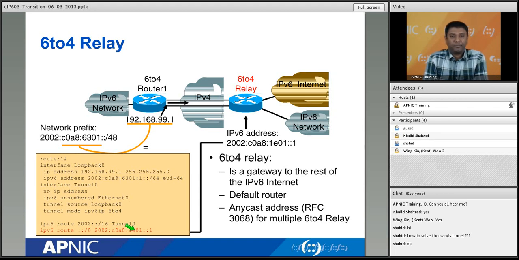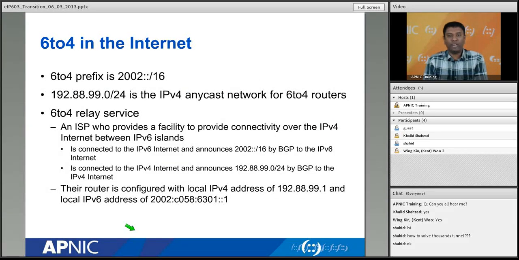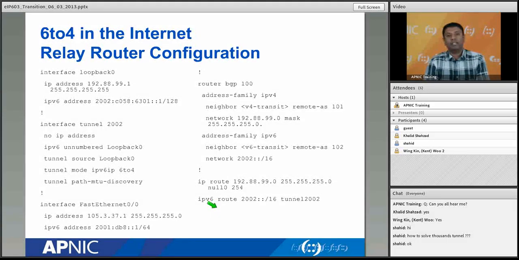Make sense? Any question about that 6to4 relay? Okay, if not, then we'll move forward. So you can see that in the internet, there is a special address I told you for IPv4 Anycast for 6to4 relay, which is 192.88.99.0/24, right? And you convert it to binary and convert it to hexadecimal. So this is what the gateway or next hop will be used by every 6to4 site if they want to use the relay service. Simple as that. Make sense?